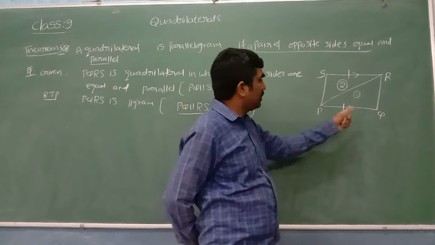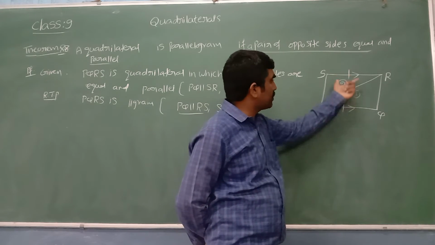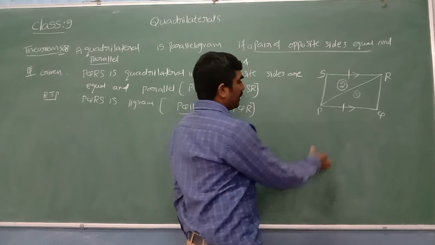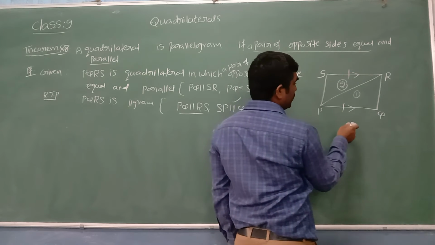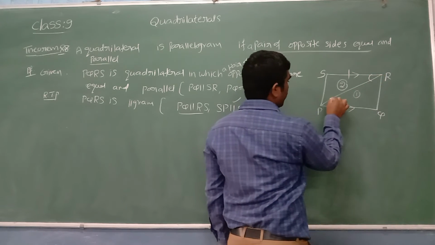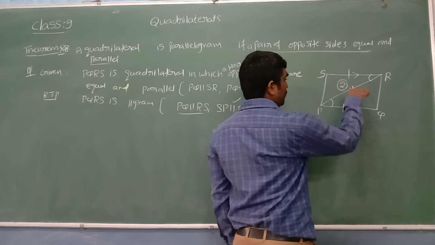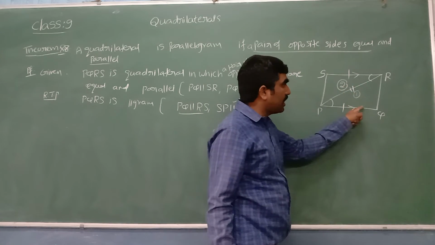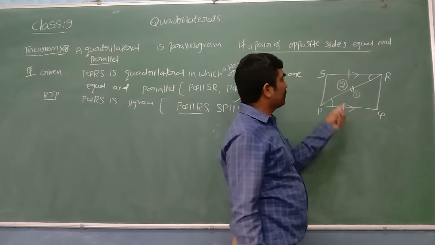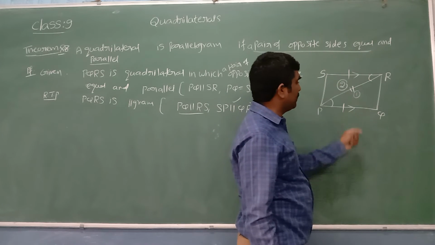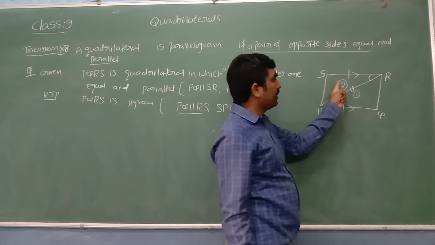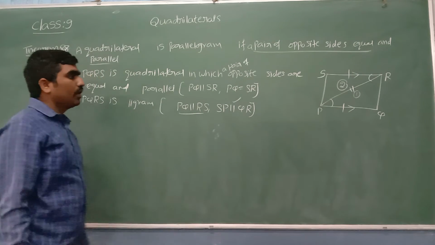Now see the equal parts. In both the triangles, PQ is equal to SR and PQ is parallel to SR, so that I can say angle R is equal to angle P, alternate angles. And if you see, PR is the common side, PR is the side which is there in the first triangle and also the second triangle. So we can say now by side angle side, they are congruent.